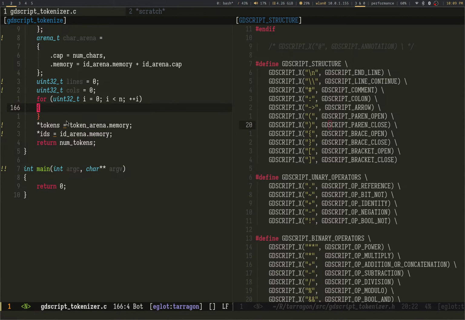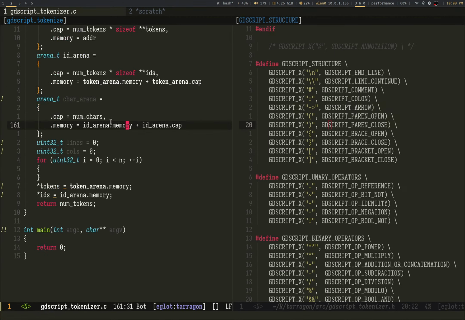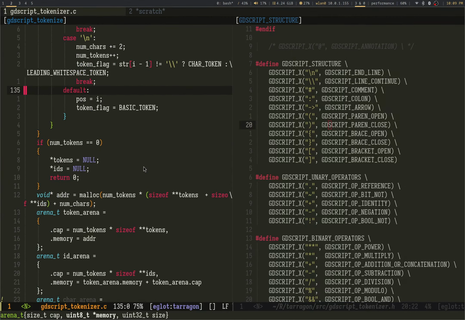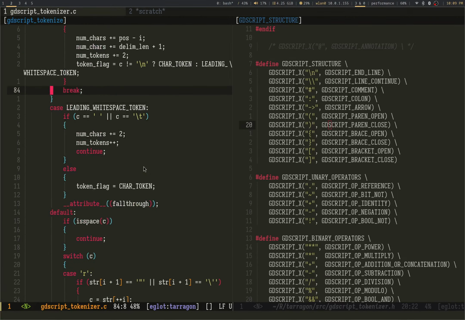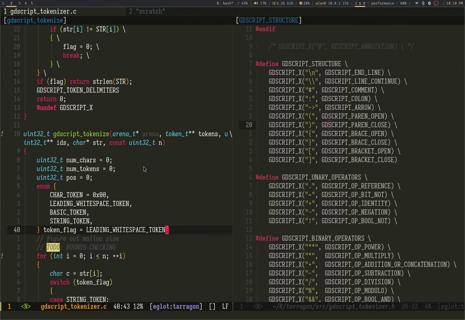Don't complain about the type mismatch. All right, great. We can actually yoink, if I can get a good grasp on char c. There you go.